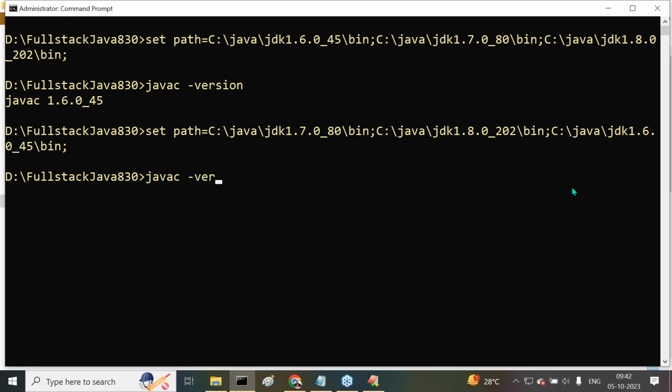javac space hyphen version. What we are getting there? 1.7 here we are getting. That means which version we set as the first one, that we are getting. Once again, now I'm telling to you, set a path is equal to